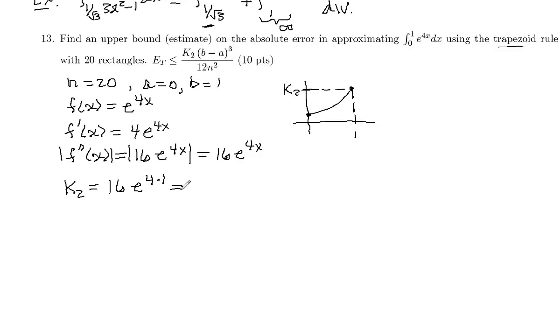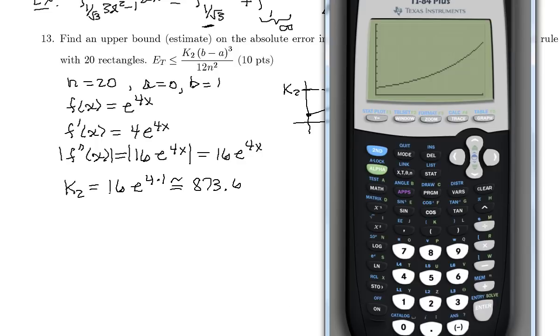Okay, and so 16 e to the 4th, if you plug that into your calculator, that is approximately 873.6. Oh, wait a minute here. Go back to our function. We did e to the 2x. I want to do 16 e to the 4x. What am I doing? 16 e to the 4x. There we go. And if we graph that,